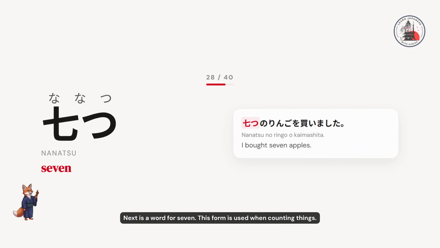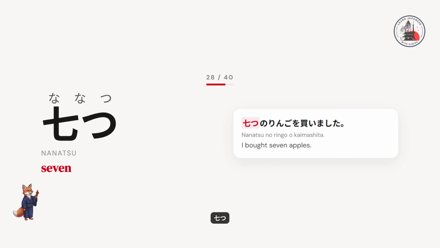Next is a word for 7. This form is used when counting things. 7つ、7つ。 Here's an example. 7つのリンゴを買いました。